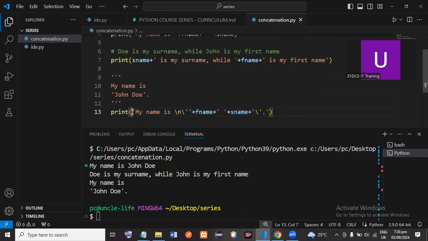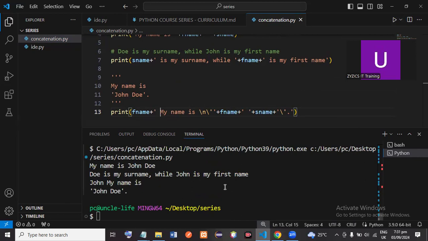Let me just add something here. If you needed to start with, say, John here, you want to start with a variable, there's no point opening a string. So you actually start here like f name, and then you add that string, like that. So that should give you